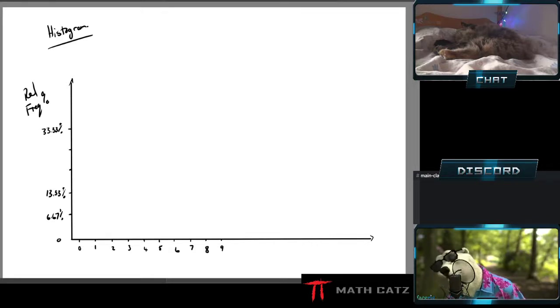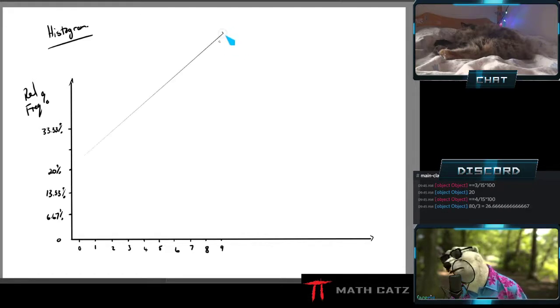But I would have to do 3 out of 15. Well, that's going to be 20%, isn't it? Let's double check. 20%. 4 out of 15. You can probably hear the keys in the background as I'm typing some stuff, these random lines are going all the way as I'm switching windows. Sorry, that 6 got away from me there. Okay, now